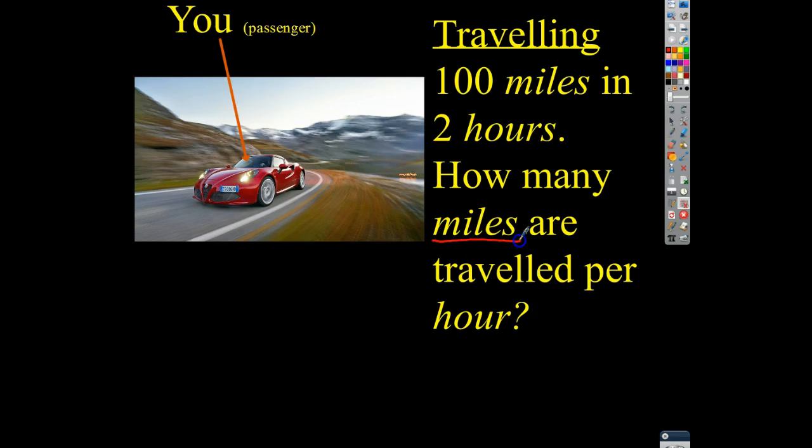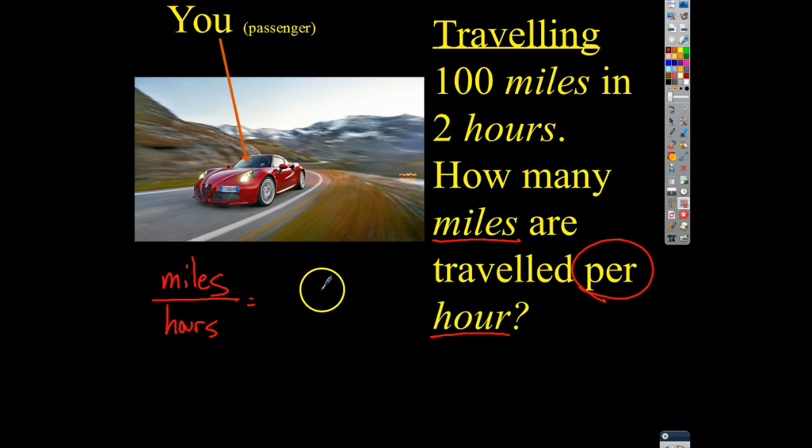So we've got miles, and then you get this word "per hour." This is basically saying the number of miles is the stuff we're working with, and after "per," this is the group. So it's going to be miles, the number of miles I have, and I'm going to divide it by my groups, which is going to be hours. And this is going to tell me the number of